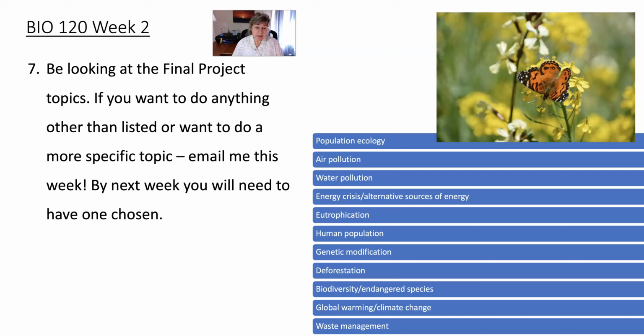But maybe in your region, maybe you want to take Flint, Michigan as an example. Maybe you want to do the ocean. See, so you have to think about what you're interested in and how one of these topics might interest you and how you can apply it to something that you know or something that you are interested in.